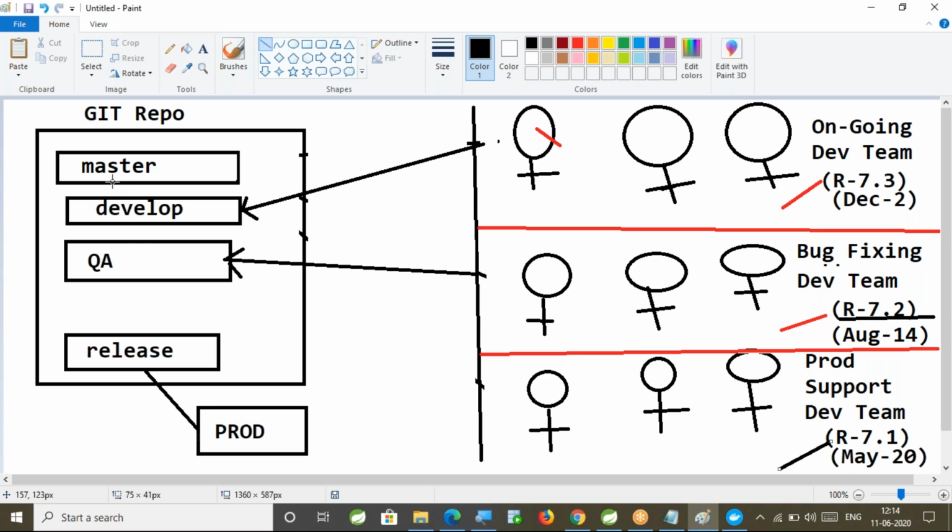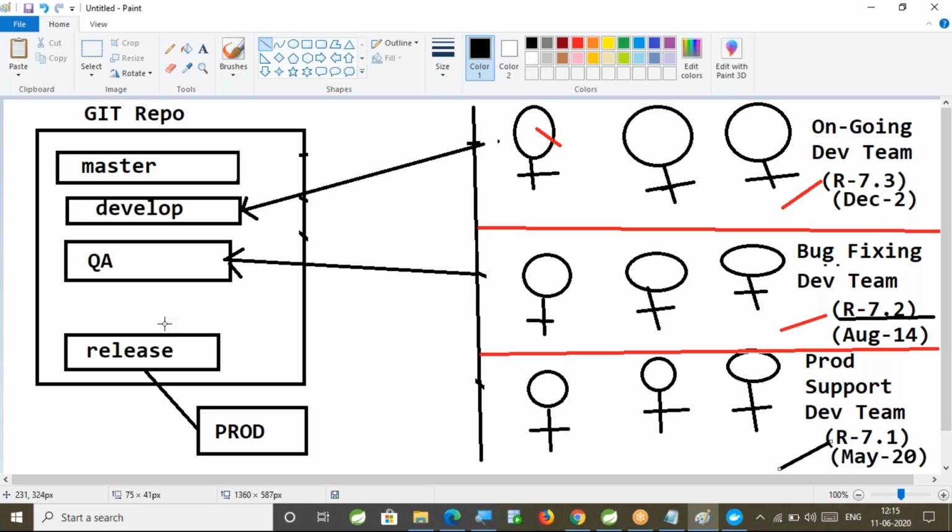Now, if I don't have this kind of separation, this kind of segmentation in the Git repository, every release code is available in one place. We don't differentiate which code should go for testing, which code should go for production, which code is for the development activities. We cannot differentiate that. So to avoid this problem, we are going to use a concept called branches in the Git repository.